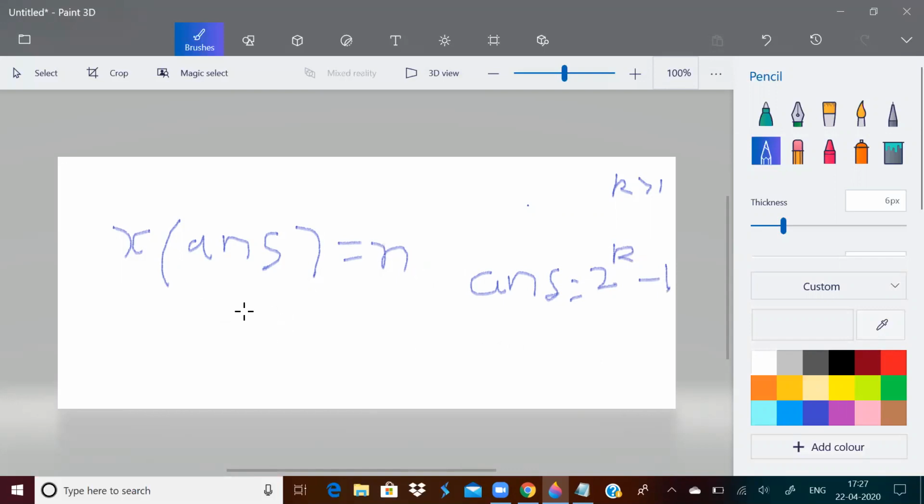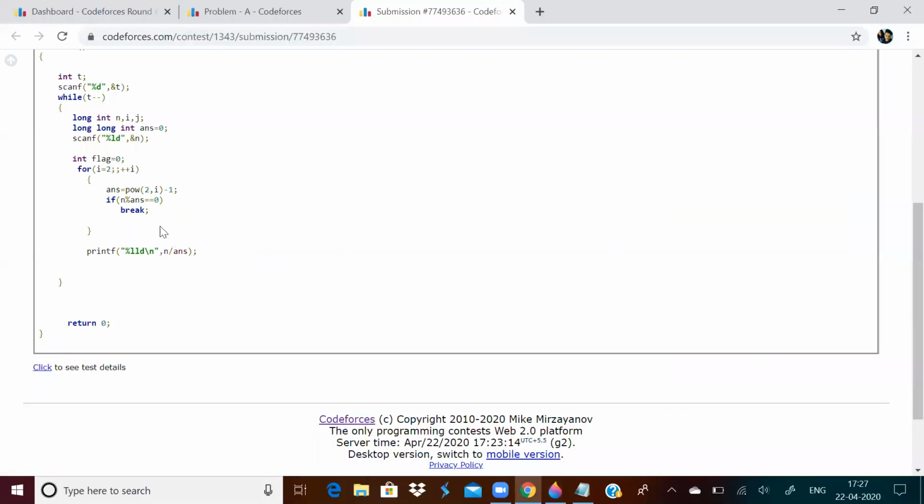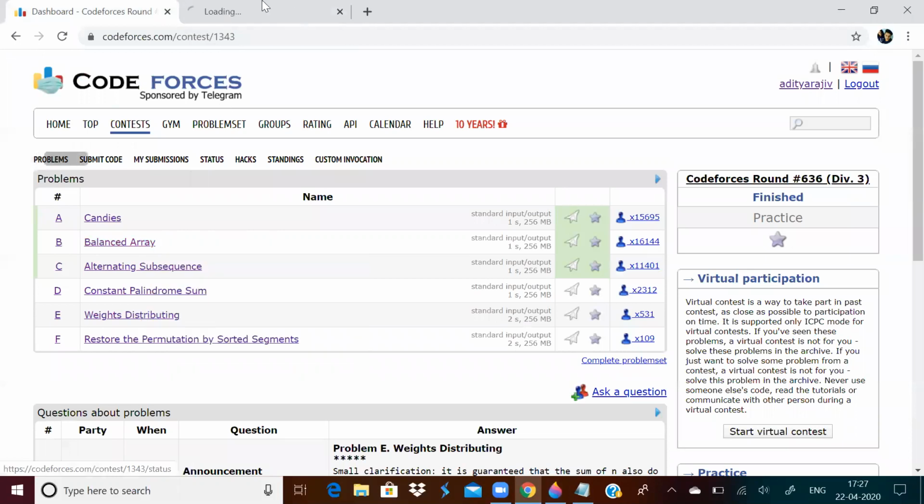So if n mod ans is 0, that means I have found x. And that's all. This was a pretty simple problem. And now let's go to second one. Second one was actually even simpler.